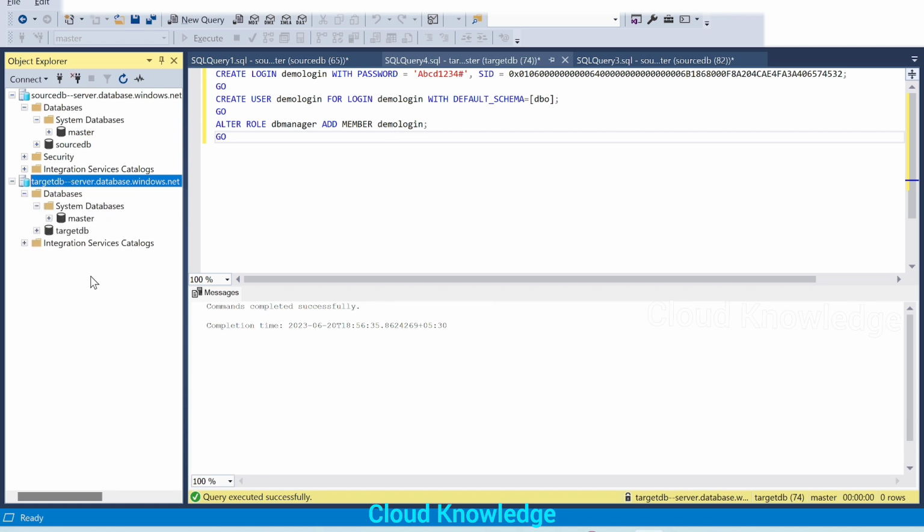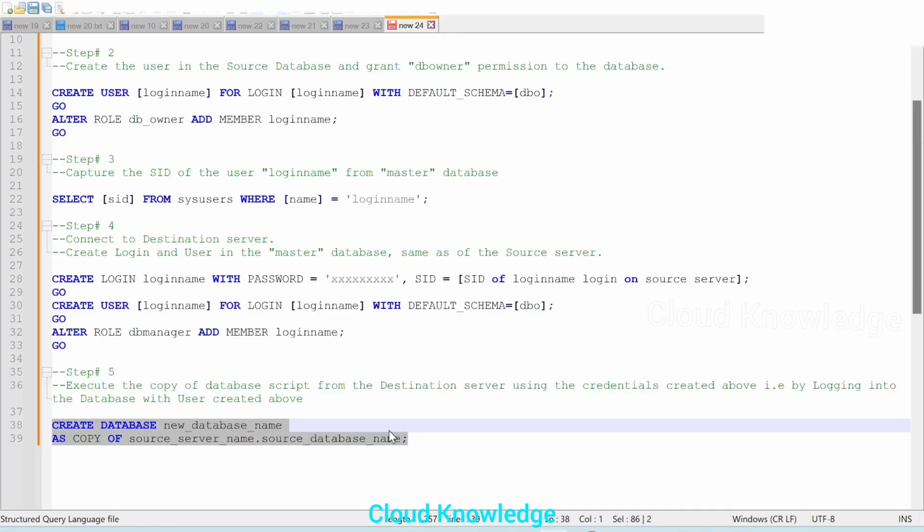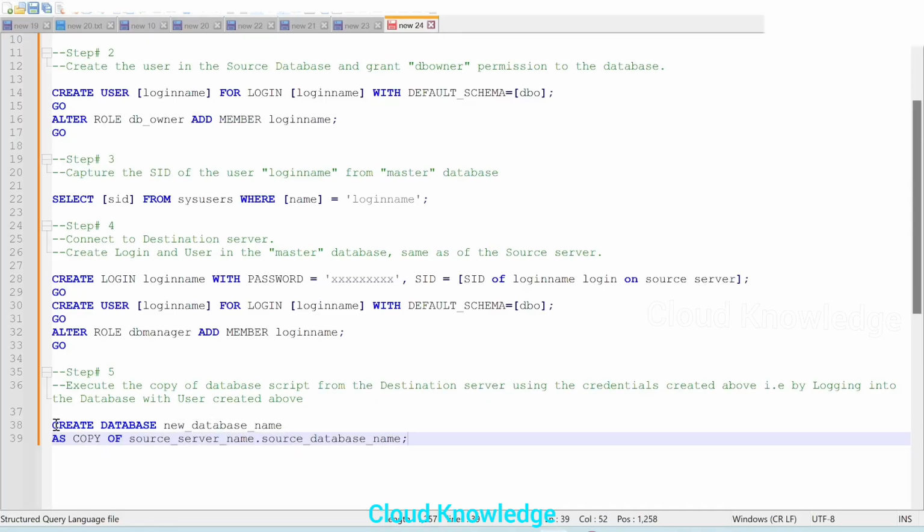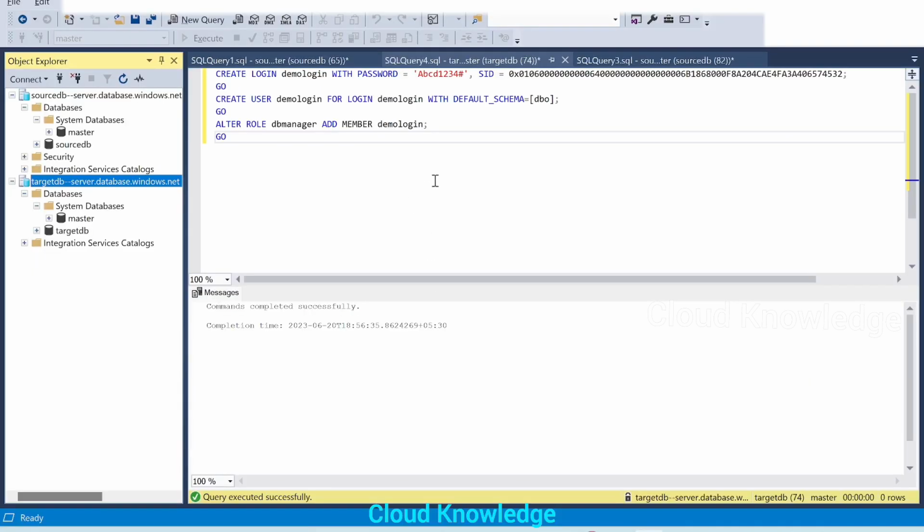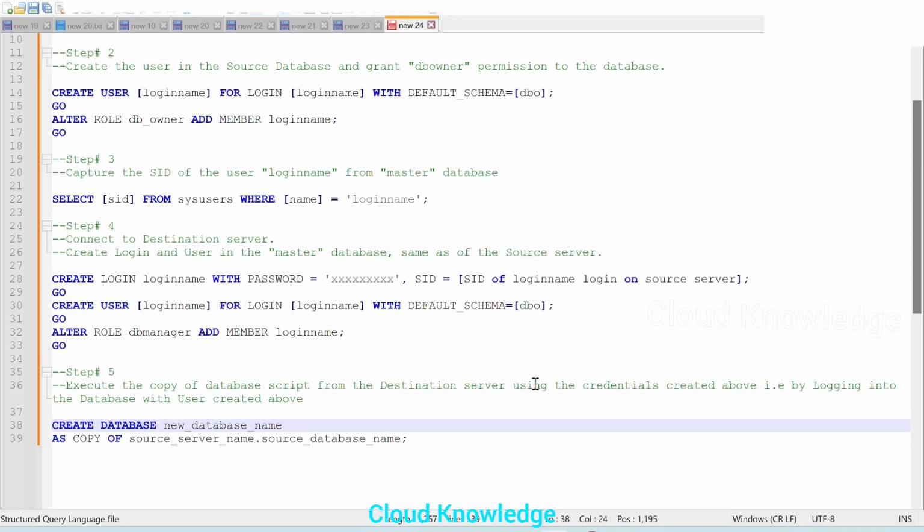So here we have expanded the database in the target DB and we have to execute the final command. So here the command is create database, the new database name as copy of the source database, that is source database, and the server name of that source database. So here we'll execute this command. Execute this in the destination server using the credentials.